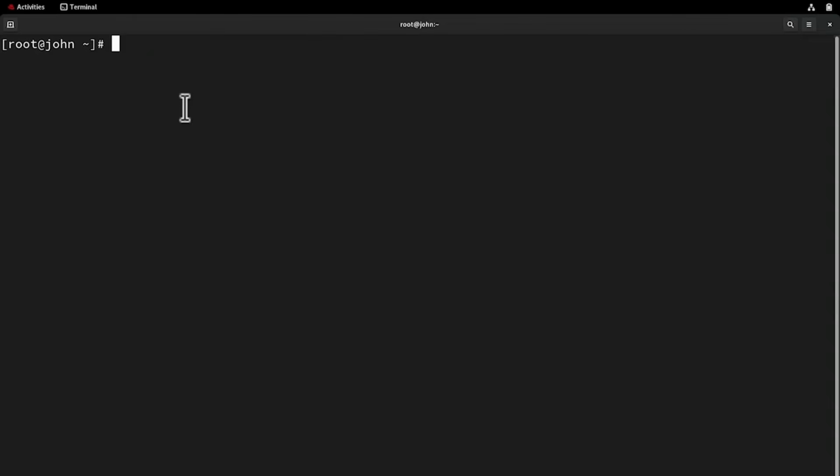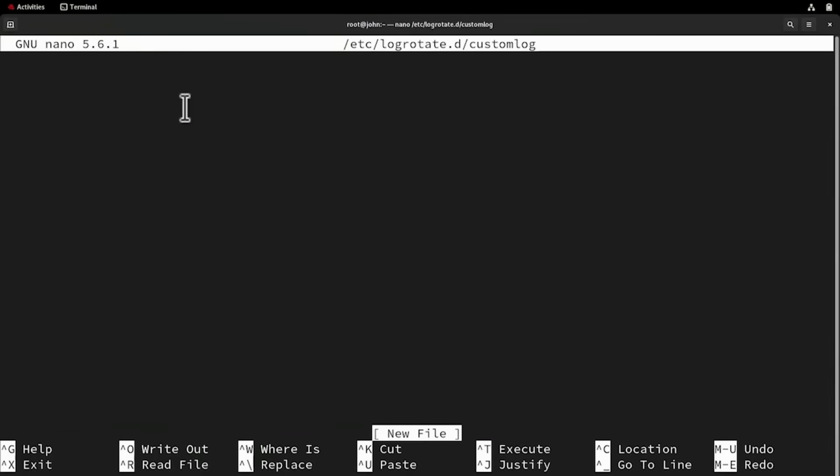Now, let's define a custom log rotation rule. In the terminal, type nano /etc/logrotate.d/customlog. Press Enter. This command opens a new file in the Nano editor to define our custom log rotation. Inside the file, type the following configuration: